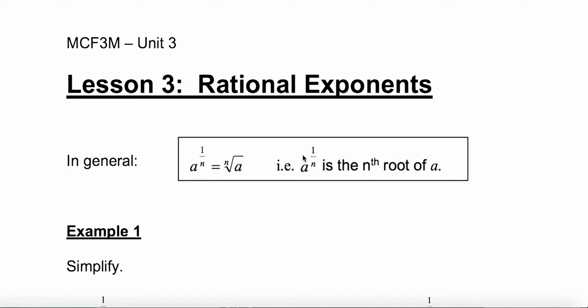Okay, lesson 3 is on rational exponents. This might be a little strange at first, but it's probably because of the way you've always seen roots written. So if I'm looking at the square root of 9, maybe you'd write plus or minus 3, but when you were younger, your teacher would say, oh, the square root of 9 is 3. Something that is missing from that, which you might have noticed on an iPhone scientific calculator, is